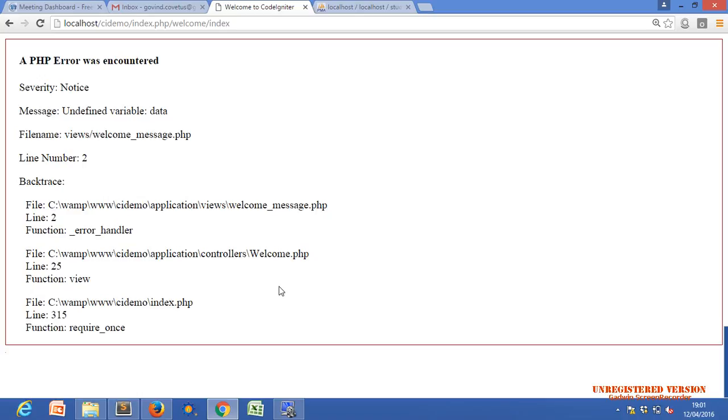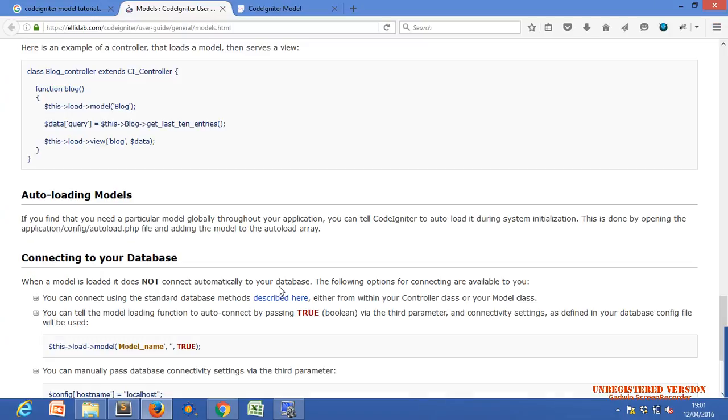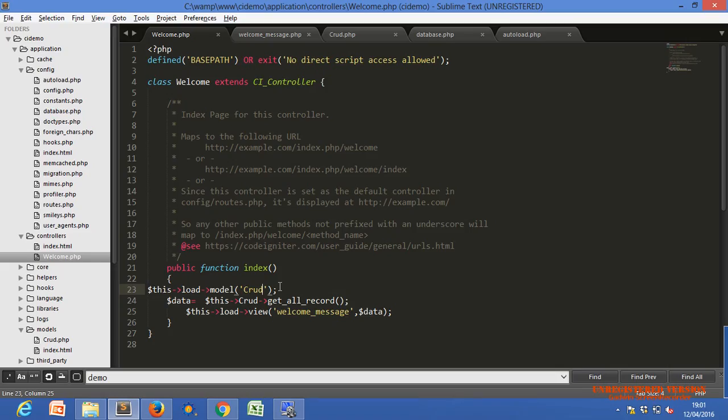Application controller working PHP. It is correct. Model is the code, get all record is also correct.